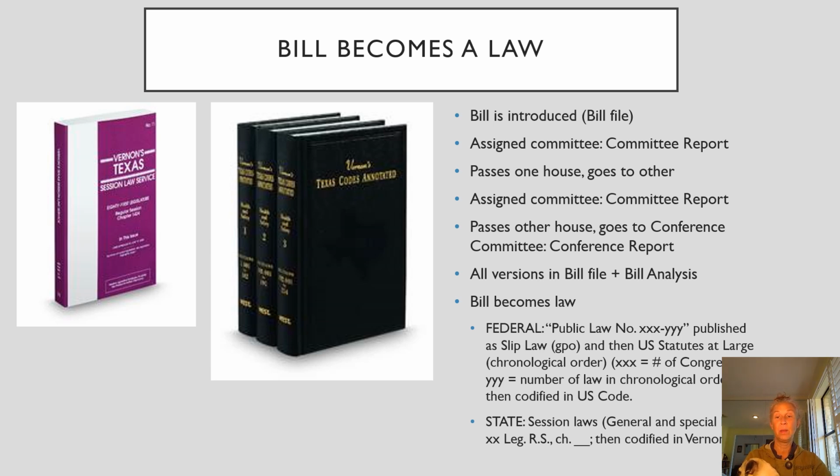And I think Amy pointed out that this XXX equals the number of the Congress. And there's a chart somewhere online that says what Congress we're in at any one time. So we're at some kind of Congress. They don't call it the 2020 Congress. They call it whatever number it's been since we started. And then the YYY portion will be the number of the law in chronological order that it was passed. So that's before it even goes to the code.